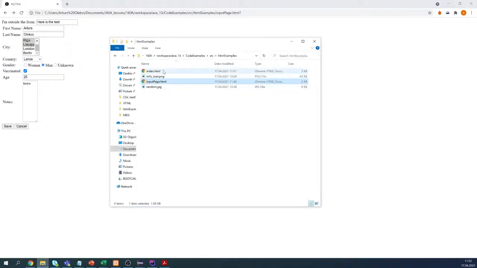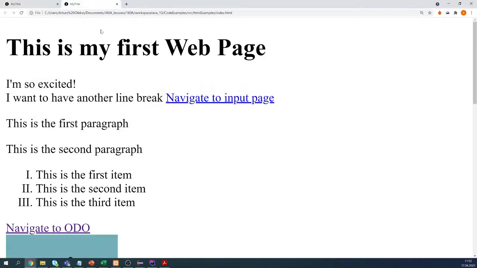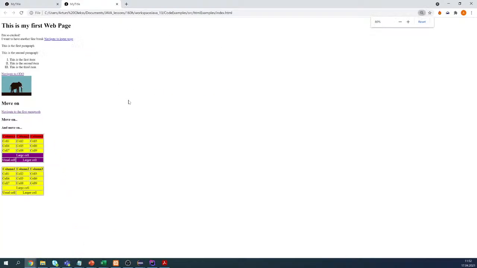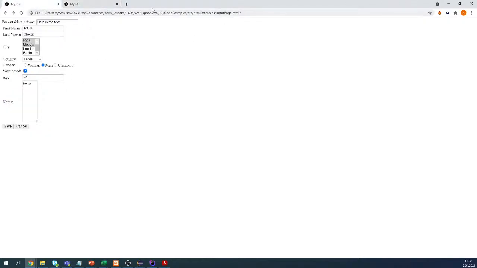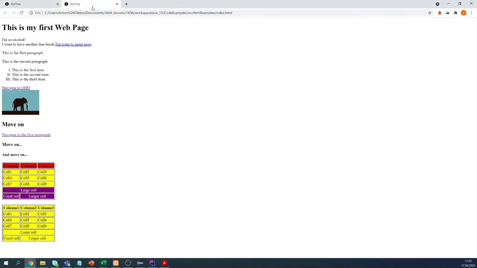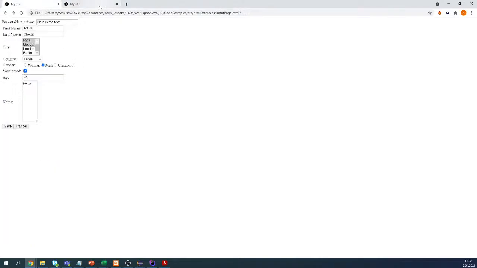It does actually nothing in general, but I would say that's the most powerful tag. You can see that it affects nothing. But it's the most powerful tag because